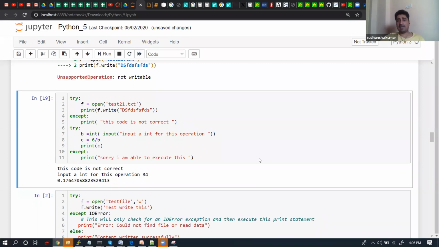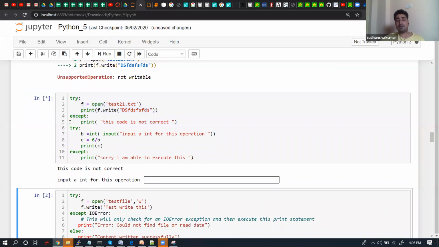Even though I had an issue with the first set of code, I'm still able to execute the second set of code. This is what I wanted to show you: it has not stopped my second set of code from getting executed. Now, again, if I'm trying to execute it,